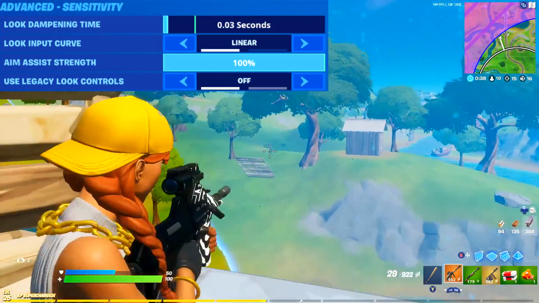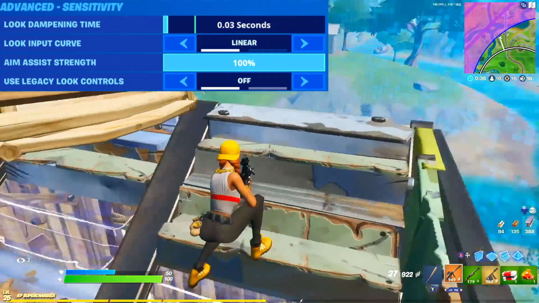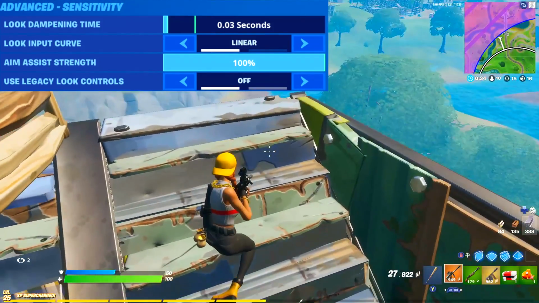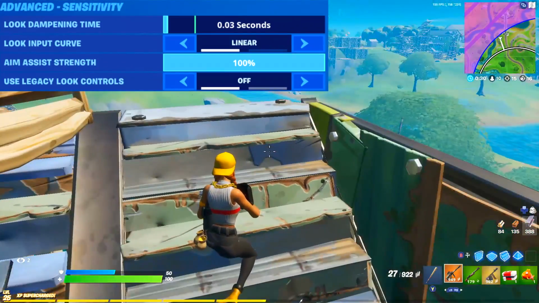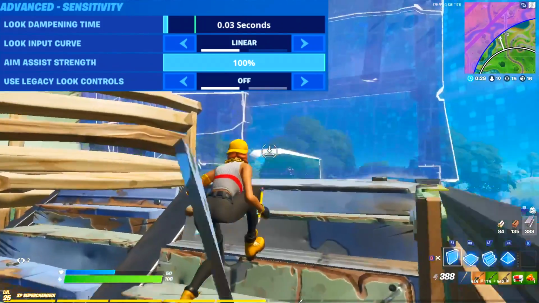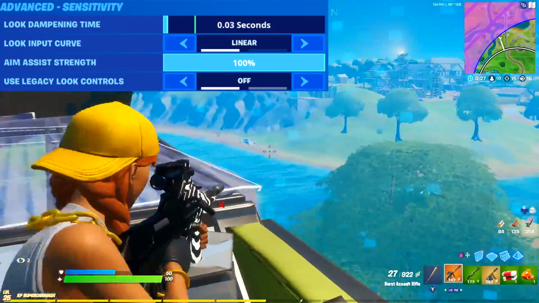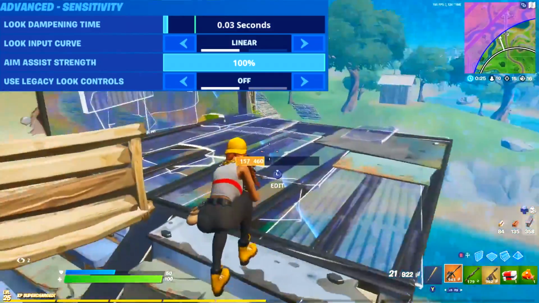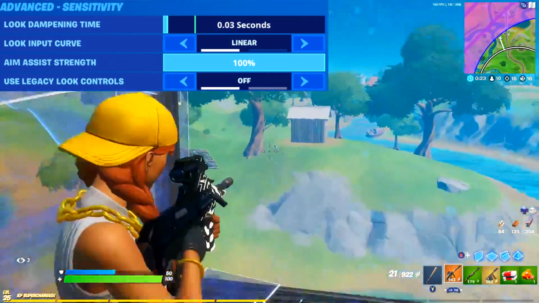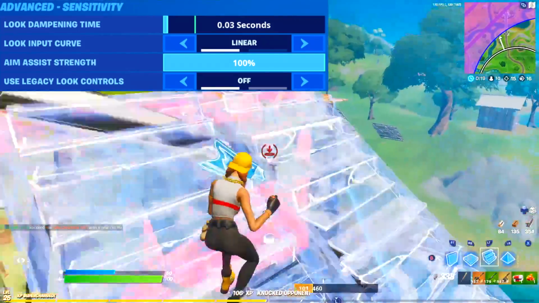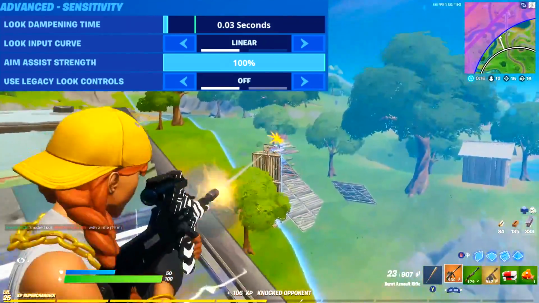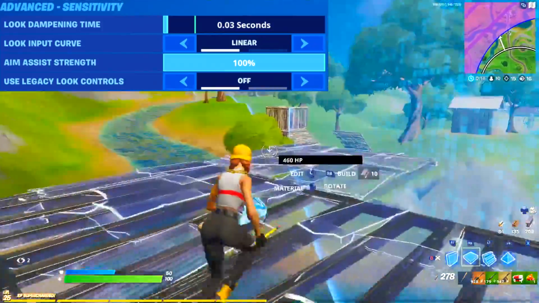So for linear, most people will probably tell you to use a 0% look dampening time, and that's probably what I recommend for PC on controller players, but for console, I think you actually want to have a tad bit of aim acceleration since it's slightly harder to control your sensitivity, so I personally recommend a number like 0.03. And it's not like that's a huge difference at all from what the top players use,